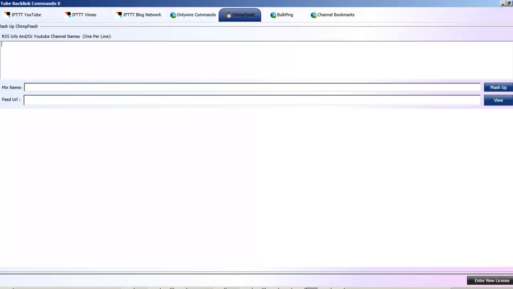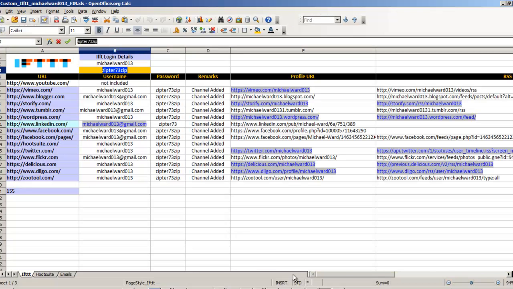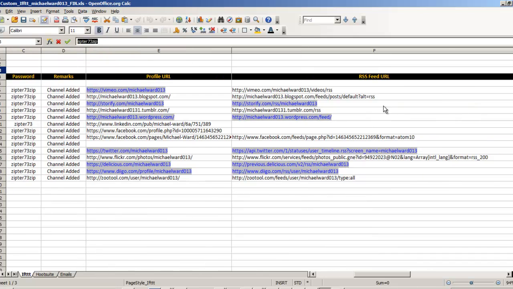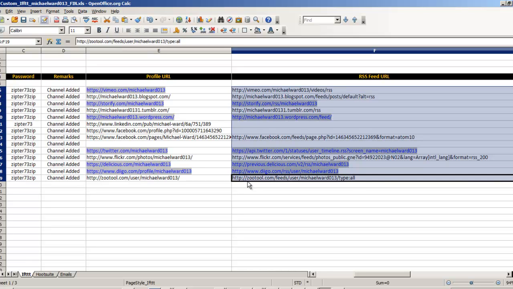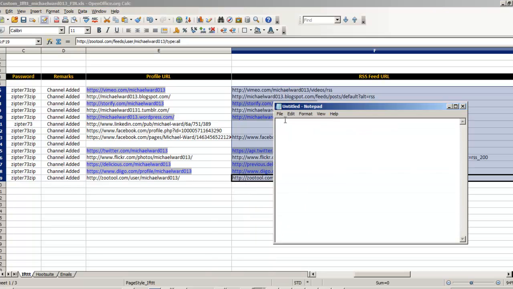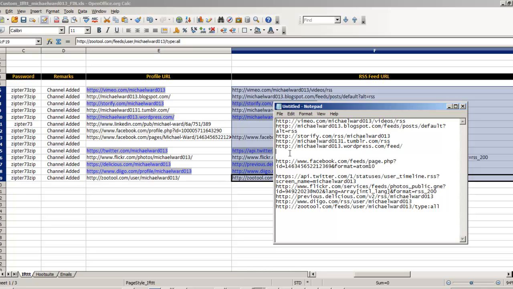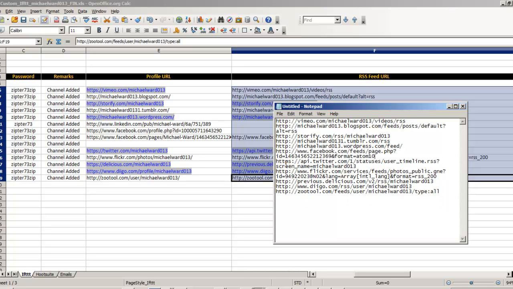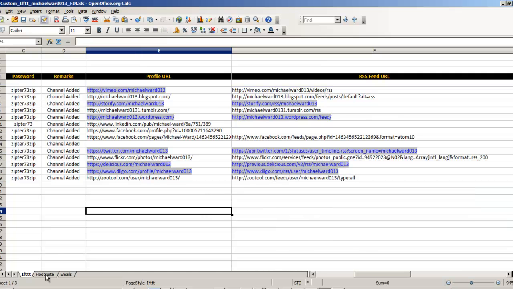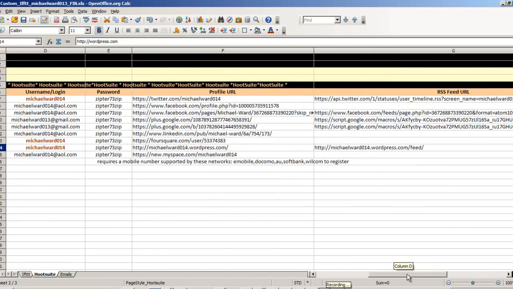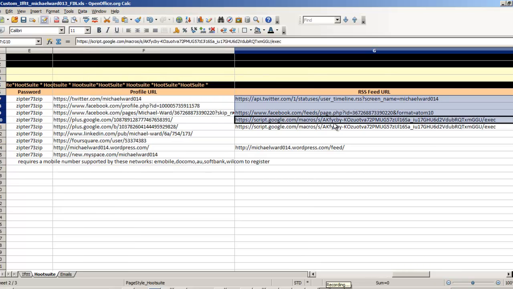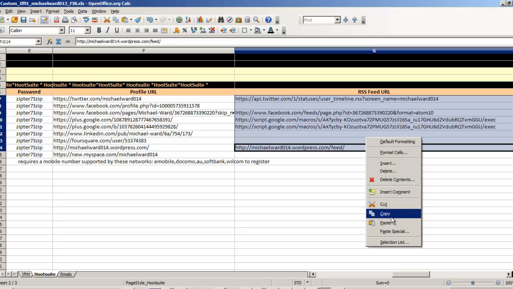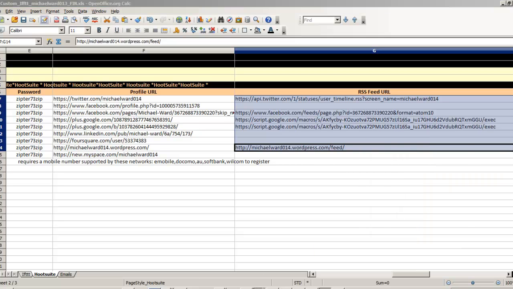Now what happens here, when you get your IFTTT accounts from the guy on Fiverr, if you use the same guys that I have used, you can see here he's given us RSS feed URLs. All we have to do, copy this, and I'm going to put it into a notepad file and get rid of the spaces, etc. And also, if you click on the Hootsuite, you will find over here he's got RSS feeds in there as well. Okay, copy that, I put it back into that text file,